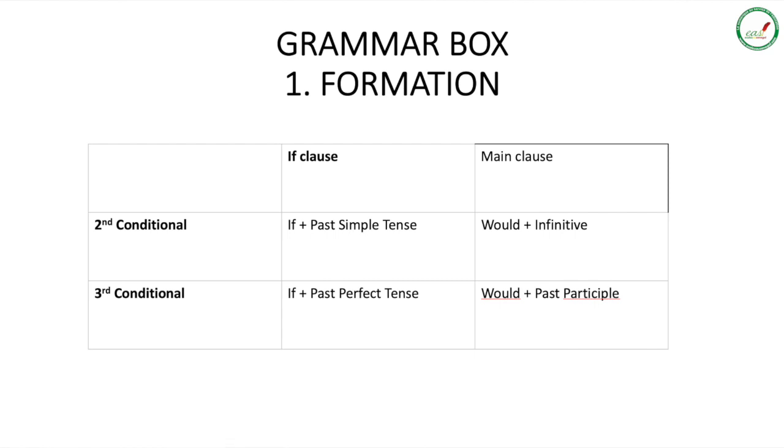You remember that in the objectives, we've said that our target here is the conditional second and third forms. Because you have already seen the first form, this is revision, so we are going to deal with the second and third types. Now, the first thing we are going to see is the formation. How do you form the conditional second and third form?